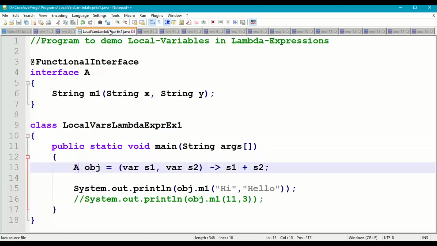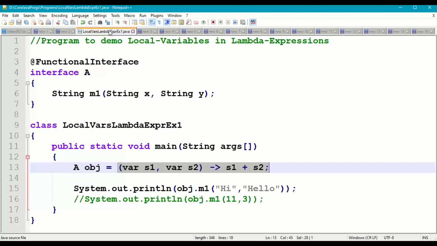I'm writing an anonymous class with an implementation of the m1 method for interface A. An anonymous class is a local class, and I am replacing this anonymous class with a lambda expression, because using a lambda expression we can make a method.